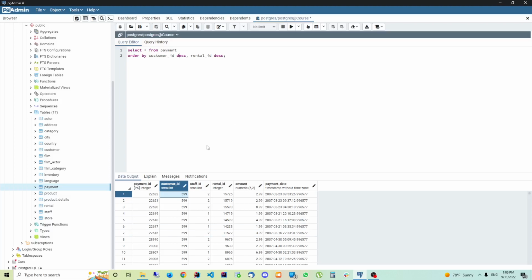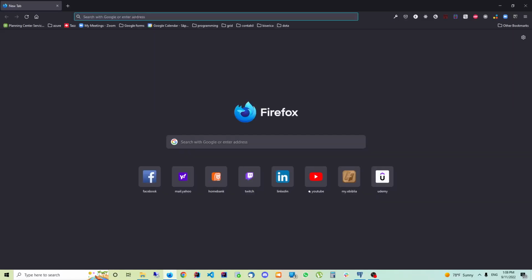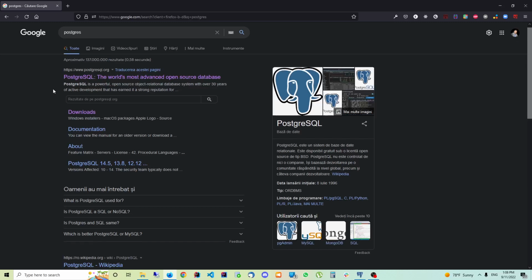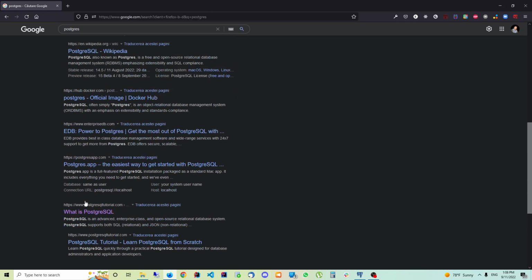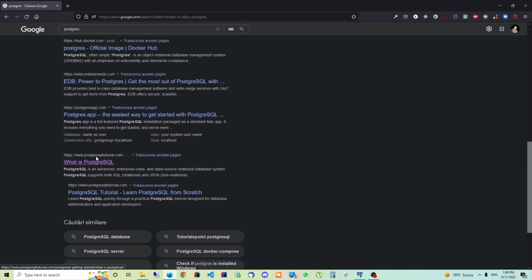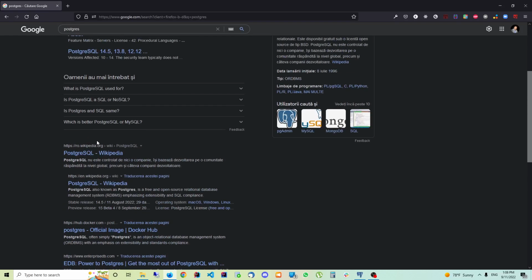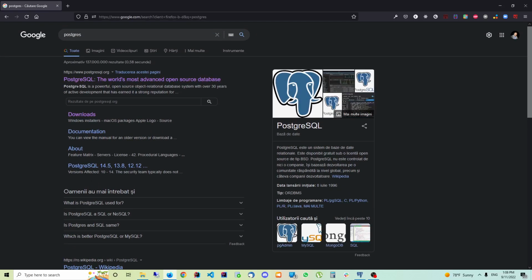Okay, so the next topic that I want to discuss is offset and limit. Let me go here and type Postgres. As you can see, Google told me it has found 137 million results. But I can see only 9, 10... 1, 2, 3, 4, 5, 6, 7, 8. Only 8 results. So where are the others